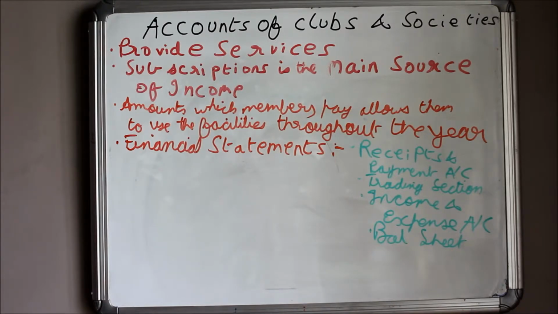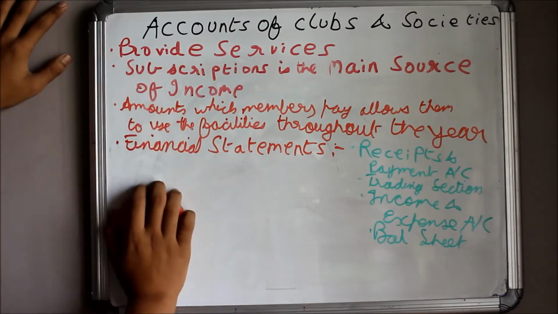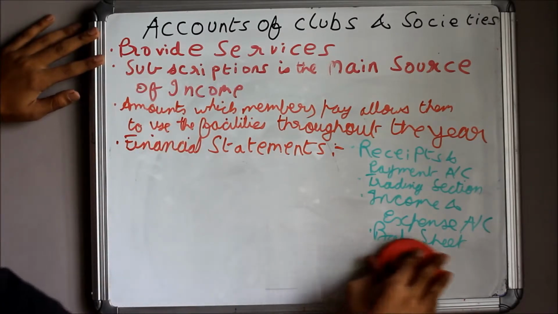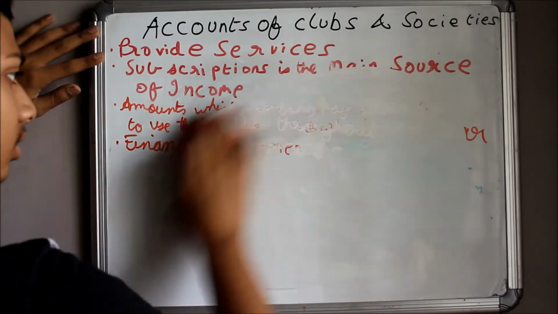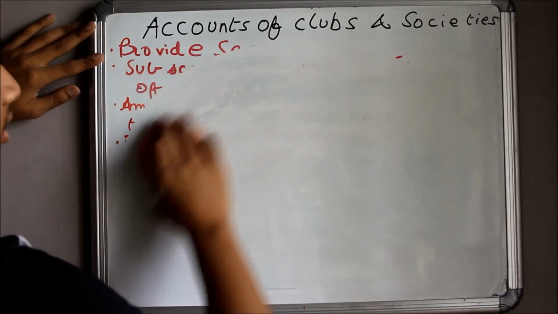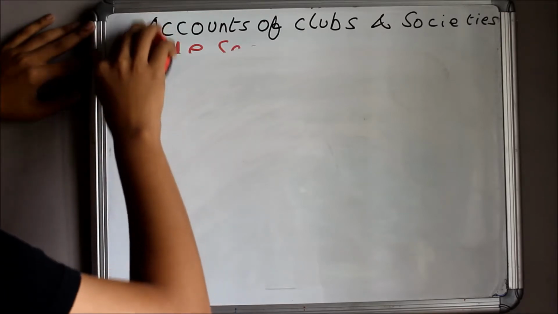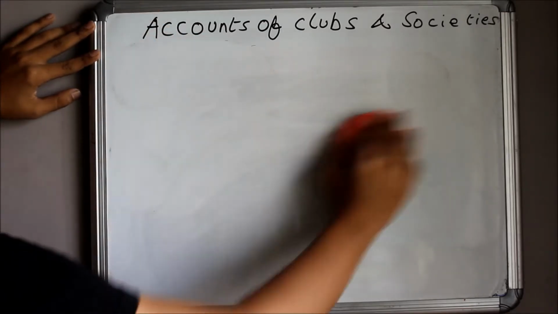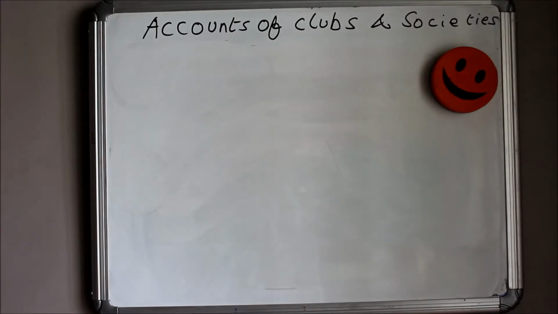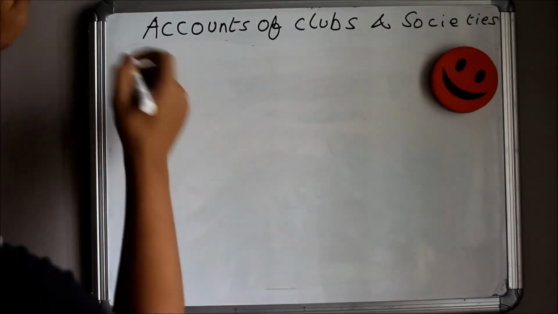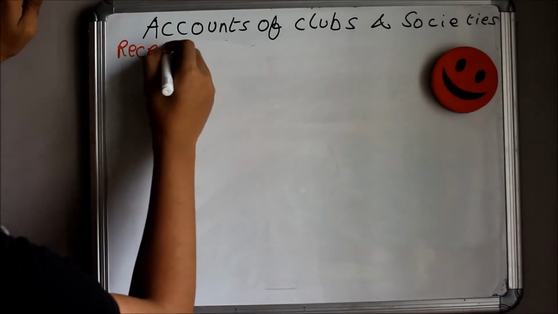Now the next thing which I'm going to tell you is about the first pointer over here of the financial statements, which is receipts and payments account. I'm going to give you the format for it and the generalized entries which are usually there. Okay. So first of all, what is the receipts and payments account? It is, let's say, receipts